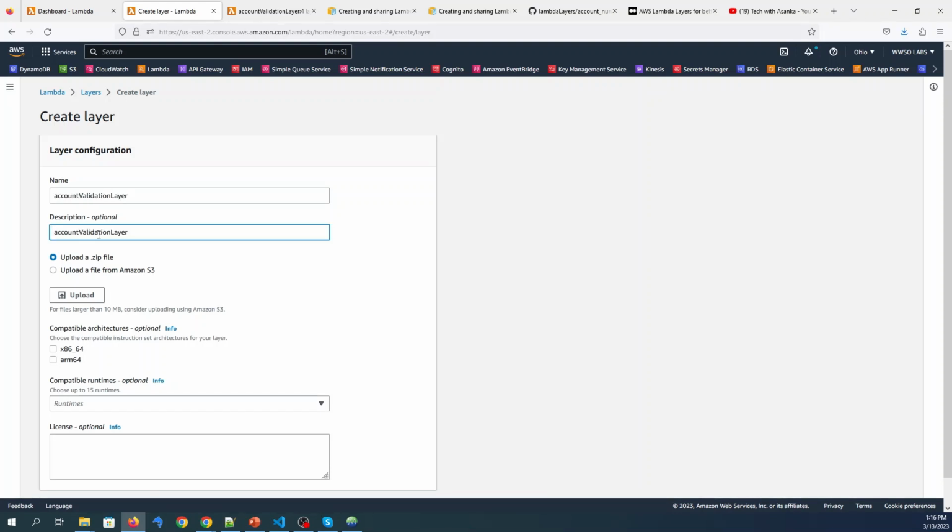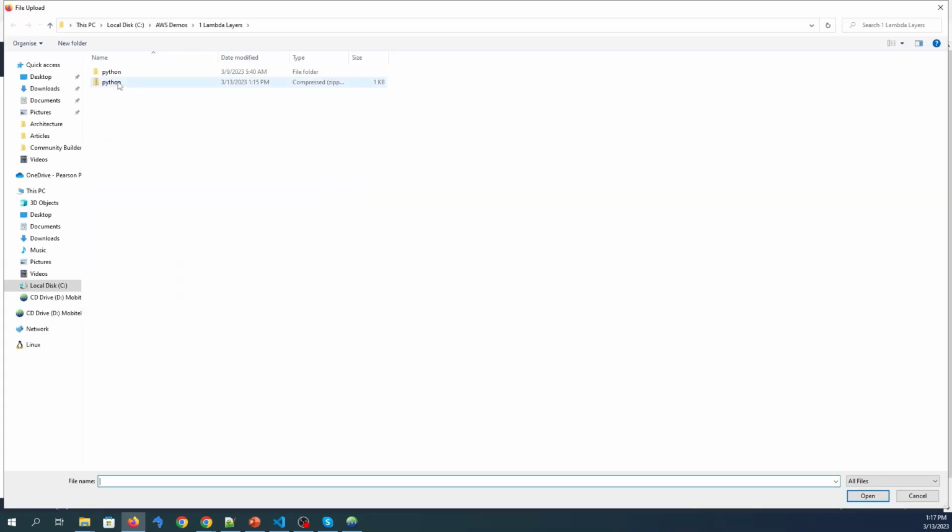So since this is a demo, I'm going to put the same. And there are two ways that you can upload your Lambda layer into the AWS console. One way is as a zip file, the other way is as a file from AWS S3. For this demo, we'll use the zip file option. So click on the upload button and select the zip file,